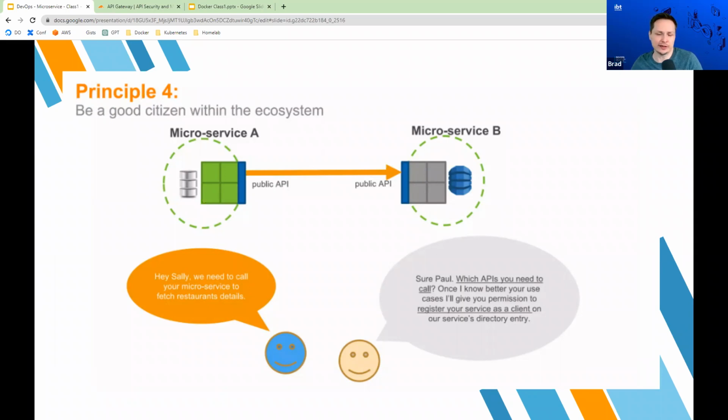Let me know your use cases and I'll provide you the details, as well as register your service as a client. Paul is implementing security. By default, Paul probably has his microservice denying all requests to his API. Once Sally confirms that she wants to talk to it, he'll add access for her microservice to call it. So he'll probably give her an API token, something like that.